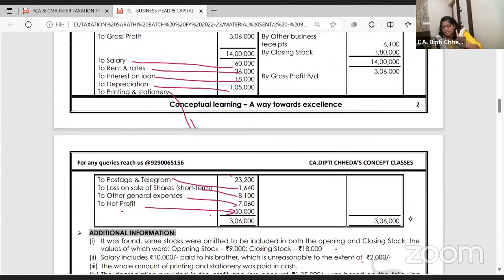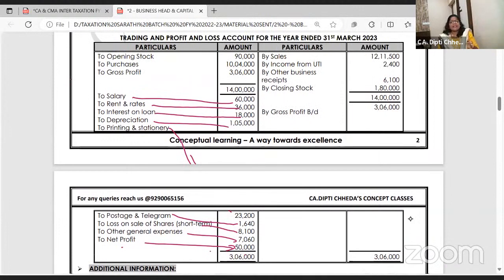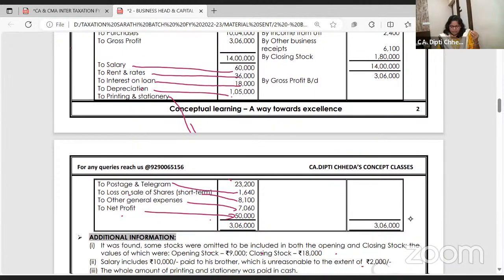So first read which side, dear students? Credit side. Then read the debit side and outrightly, like depreciation as per books, outrightly add back. If you feel loss on sale of shares, loss on sale of shares will come under which head? Capital gain. So what do you do here? So first read the credit side, remove. Then read the debit side, expenses which are debited, scratch. Reduce the expense. So impact on profit, increase. So add.